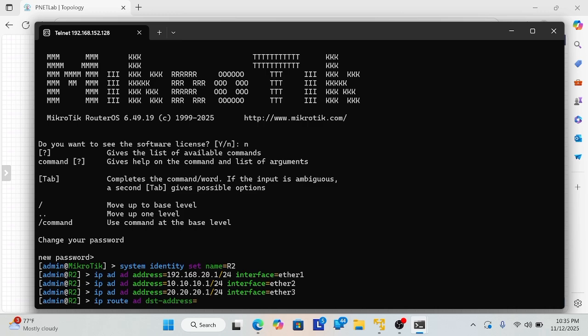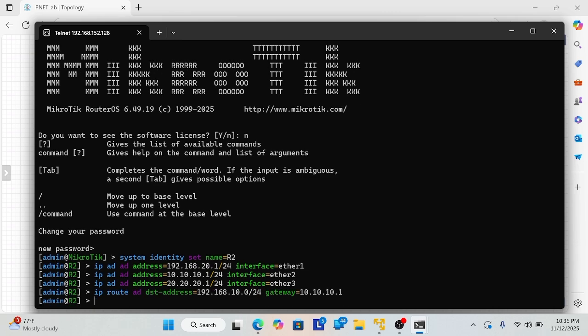You can use ip route add, destination address 192.168.10.0/24 and gateway 10.10.1.1, and you can enter.